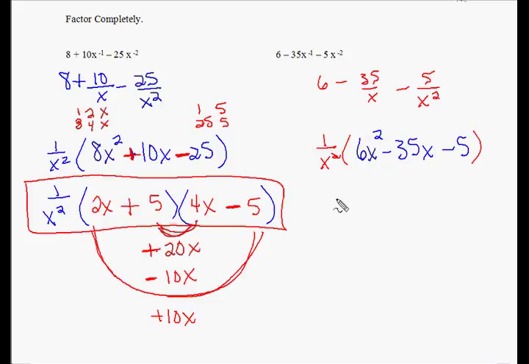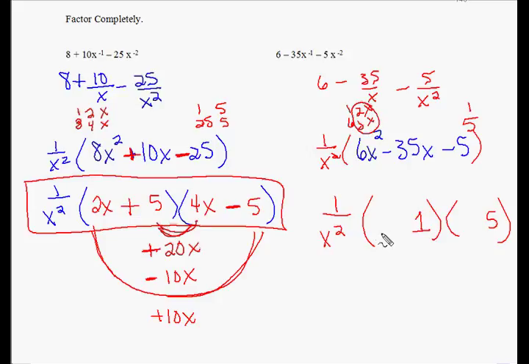So this 1 over x squared will continue to be the first factor in our factored form. And then we still need the factors of the first term, which would be 1, 6, 2, 3, x, x, and the factors of the last term, 1 and 5. We have no choices here for the factors of the last term, so I'm just going to put in the 5 and the 1. I'll start with the end of the list, and I'll put in the 2 and 3, and see if I can make that work. When I smile, I get a 10x and a 3x, and there's no way to make that a 35x,